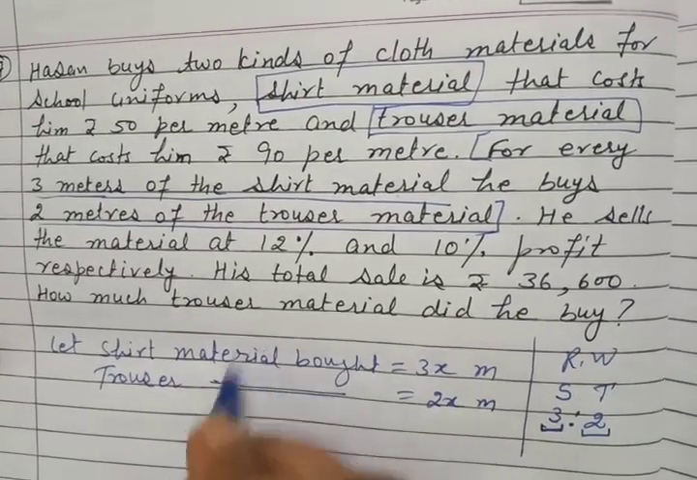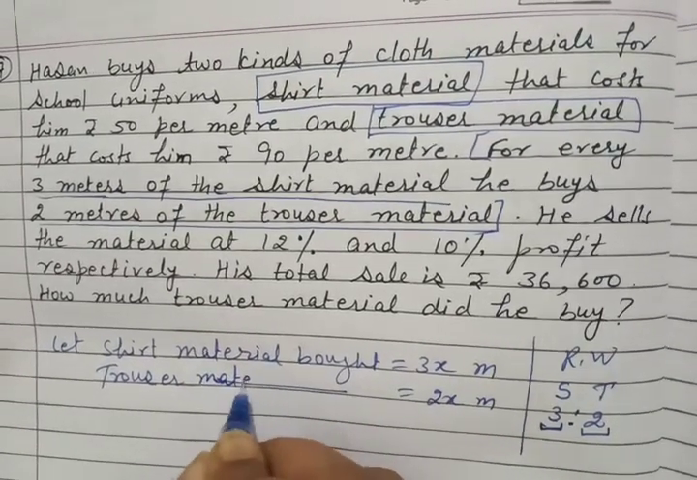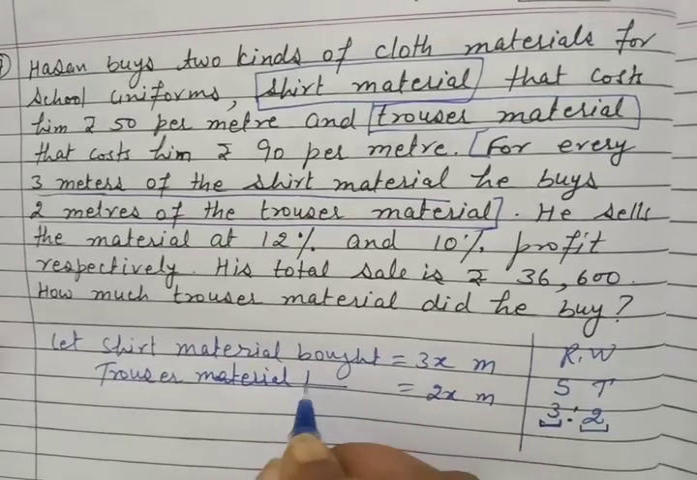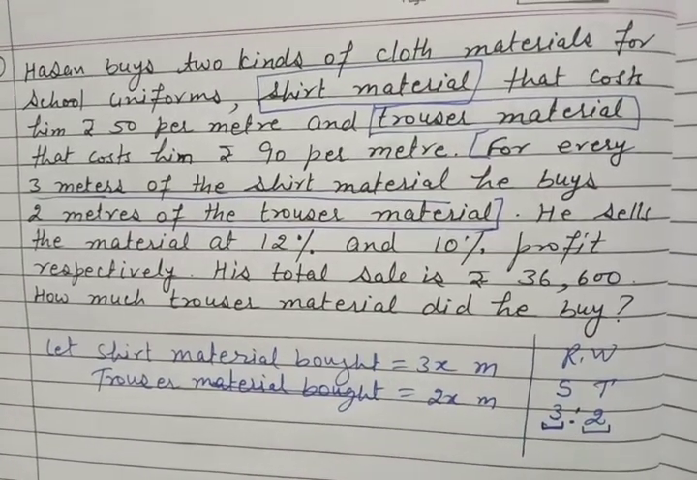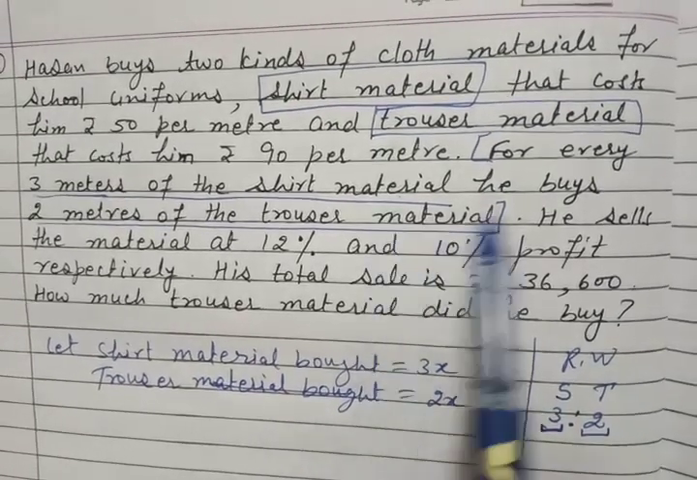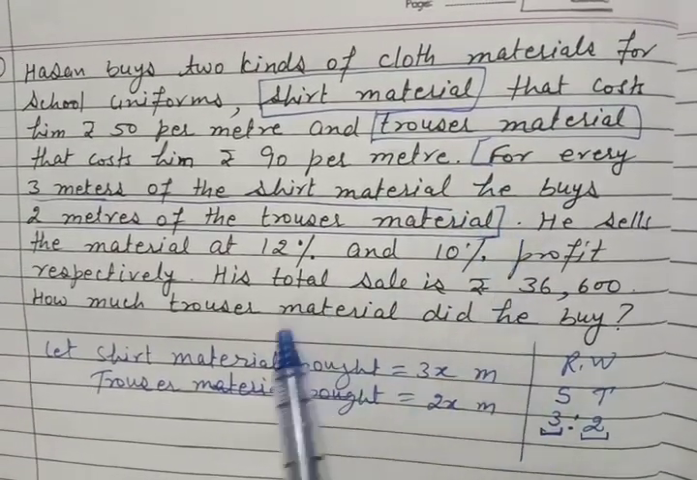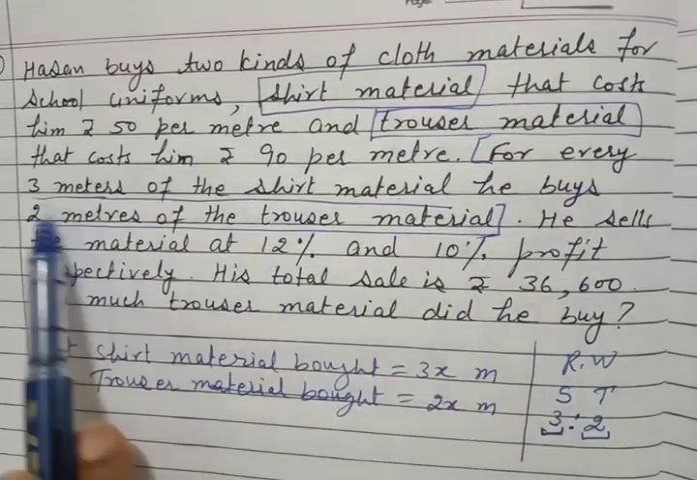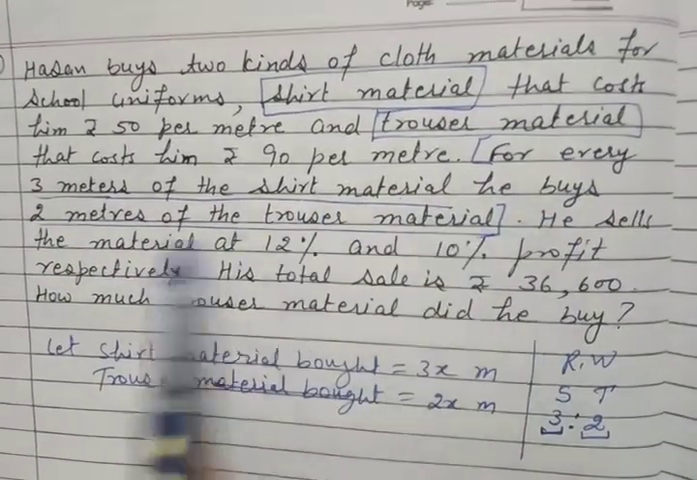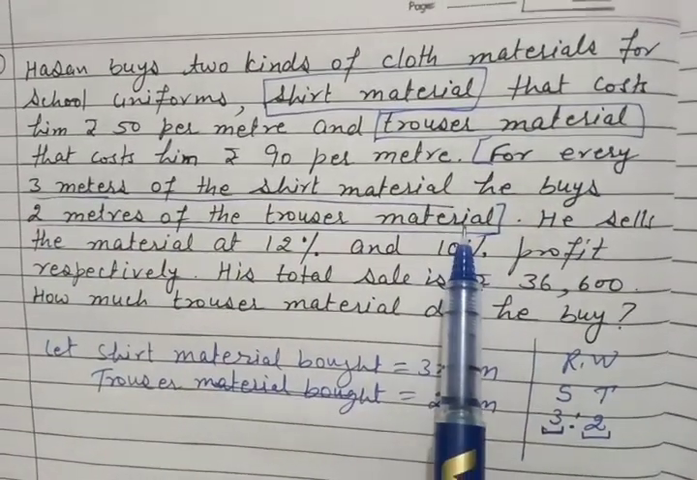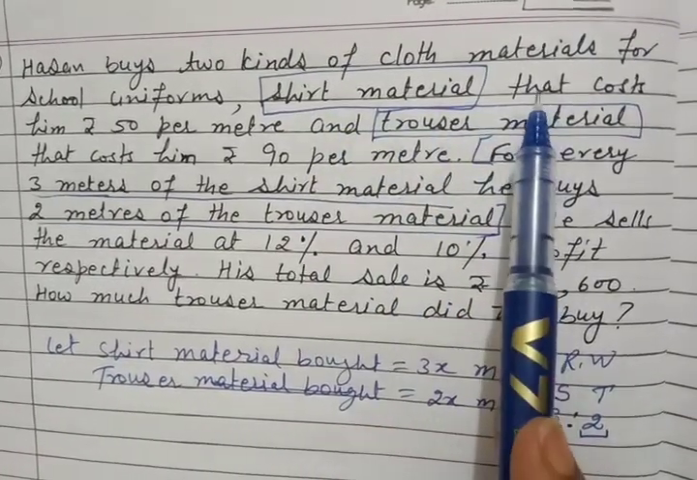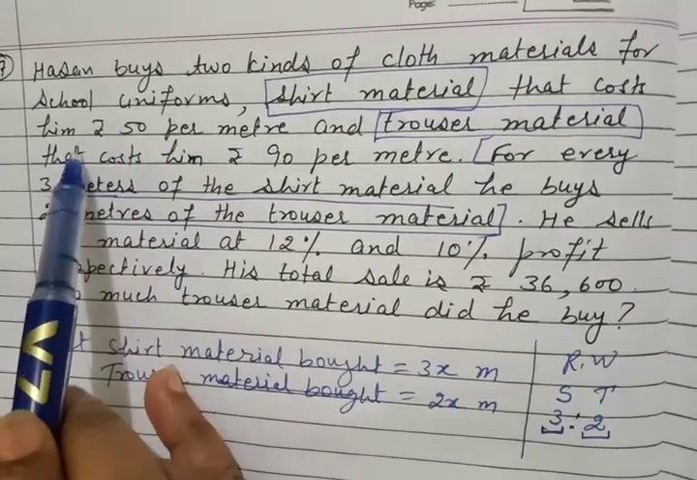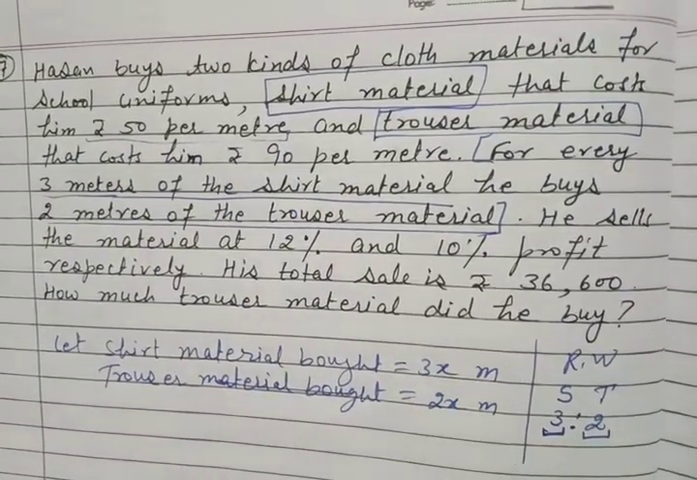The meaning of this line is, you will write it again, material bought is equal to 2x meters. So this is the supposition that we have got from the line given in the middle of the question. For every 3 meters of shirt, he buys 2 meters of trouser. Now the cost of 1 meter of shirt is rupees 50 per meter. So we'll write